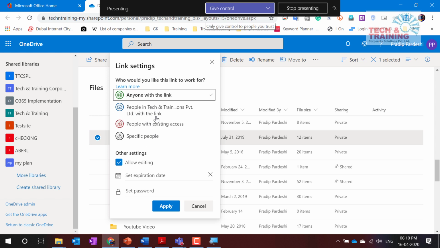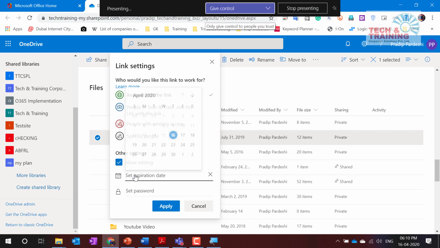So I'm going to talk about these two for now. These two are self-explanatory. When I talk about anyone with the link, I have the option allow editing. I can allow editing. I may not allow editing. I also can set the expiration date. That means if I'm sharing this file right now with someone and I want to unshare it after the project is over, I can set, let's say this file should be shared for the next 1 week.